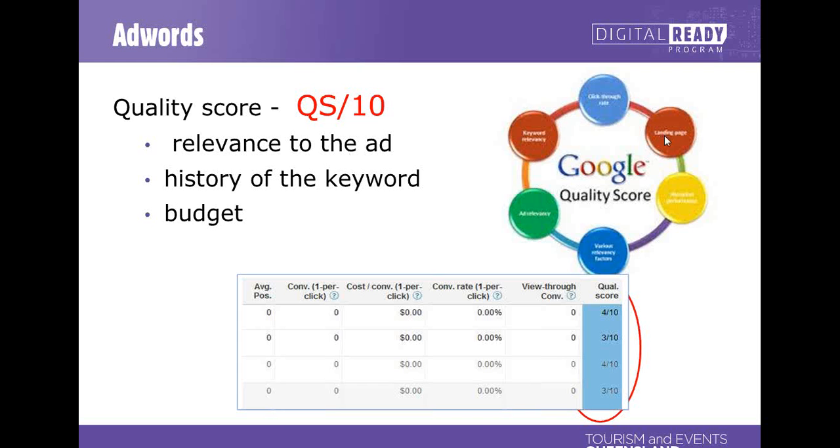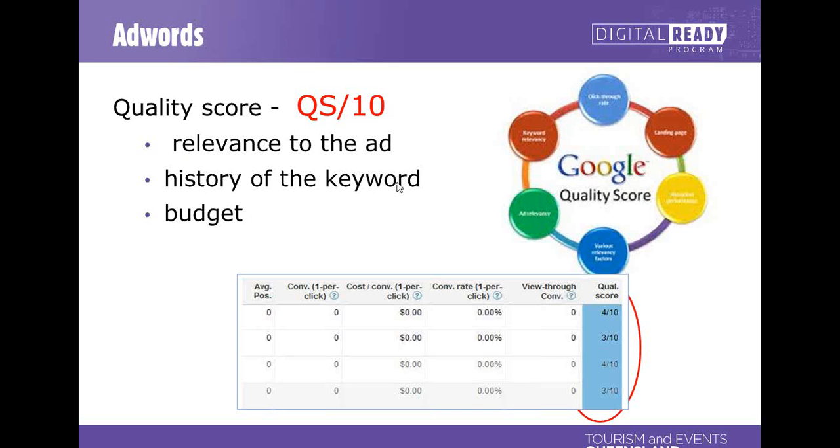These are the things that affect the quality score. There's 6 or 7 variables. You can Google this yourself. This is just an image on Google. But the main things are relevance to the ad. So what that means is how relevant is the page I'm sending them to the ad wording. And obviously the way to make it relevant is to make the ad and the landing page about the same thing and have the same keywords in there.